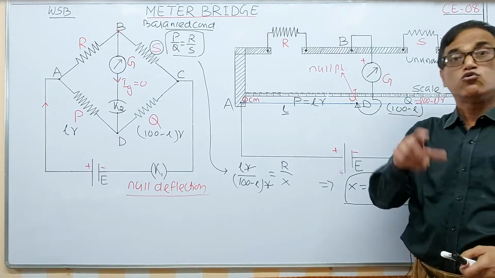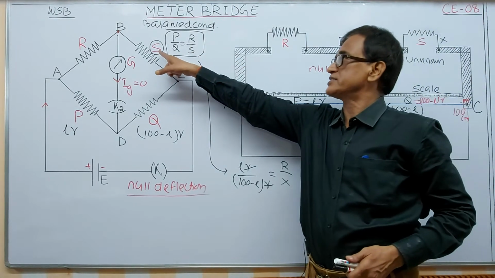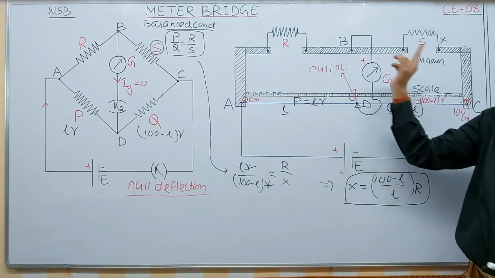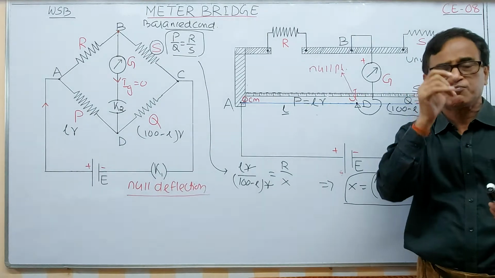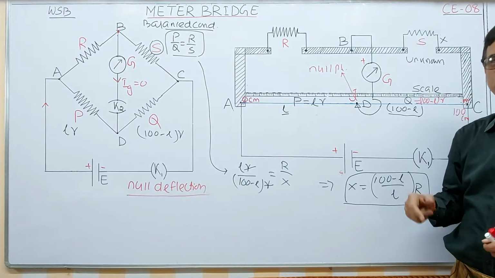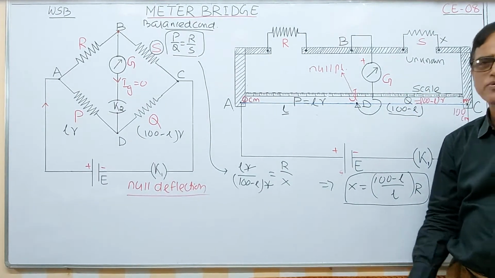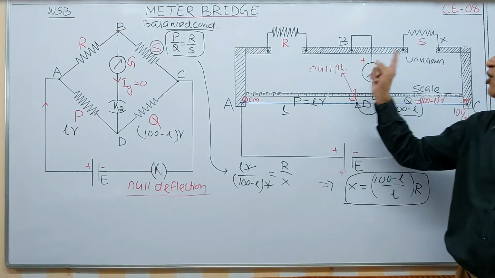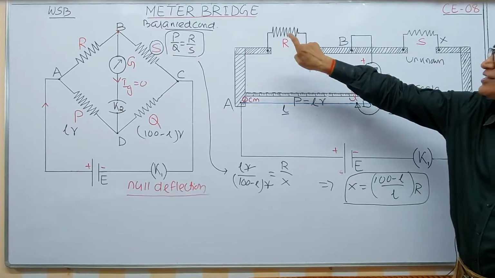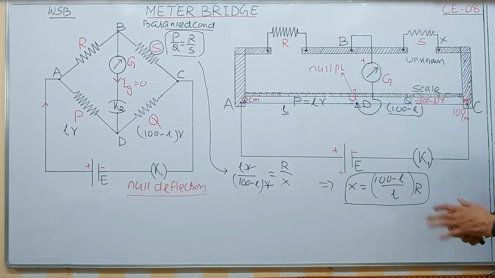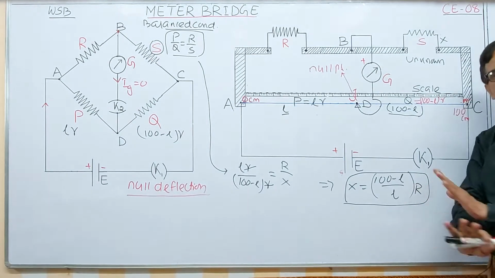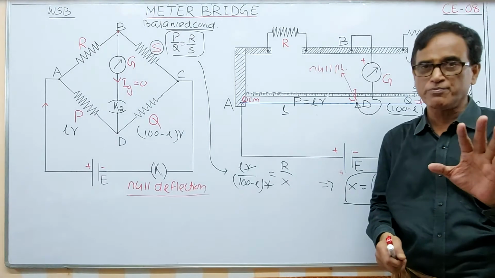You may ask me, why should you connect the unknown resistance here instead of here? Can you answer this question? It may be a question in the practicals. It can be connected. If you connect the unknown resistance on the left hand side and the known resistance on the right hand side, the formula will be reversed. It will be L by 100 minus L into R, nothing else. So it is better to remember